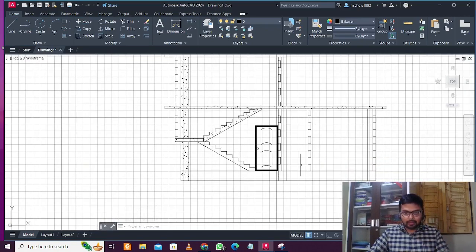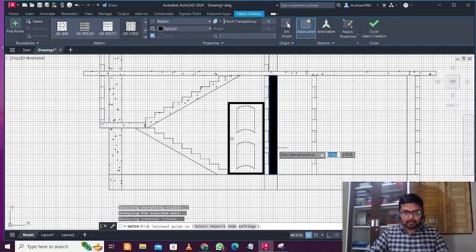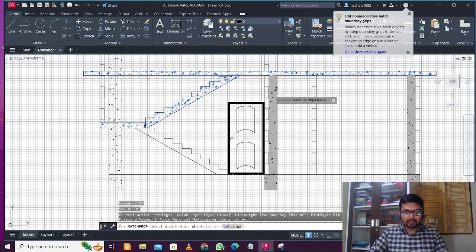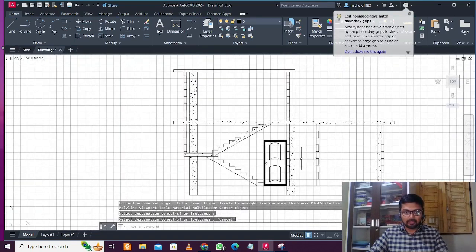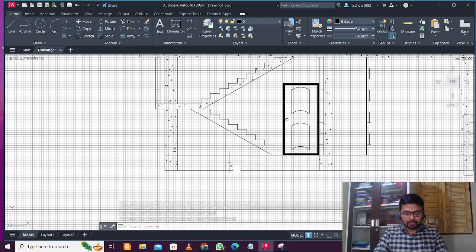And let's go concrete, the columns, remaining things. Okay, 1, 2, 3 and 4. Okay, select this, match properties, MA, enter, select this, gone. Okay, so now this portion, the sand will be visible here. So HA, enter,